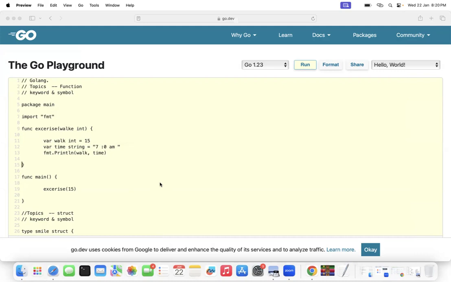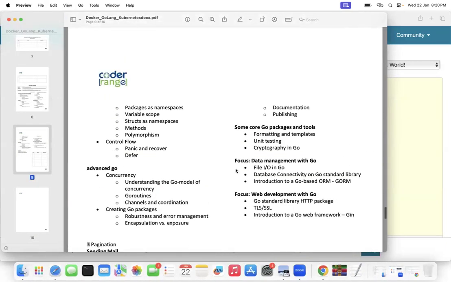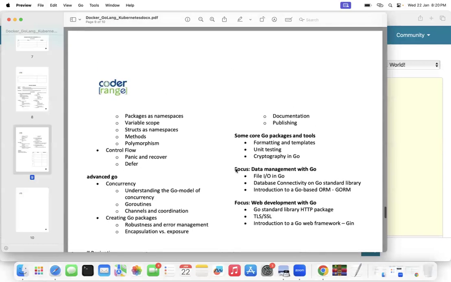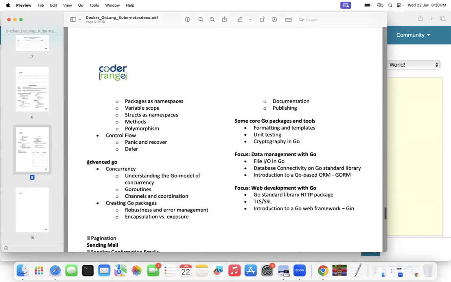If you cover only basics, you will never get confident. You can take any topic in the syllabus. It's fine, that's not a problem. I asked because we completed the basics of Go. So I'll talk about an advanced topic.